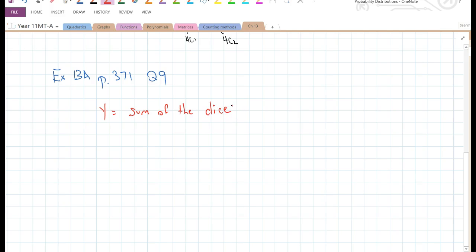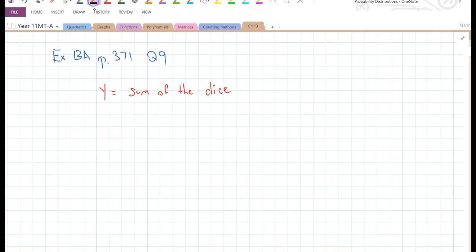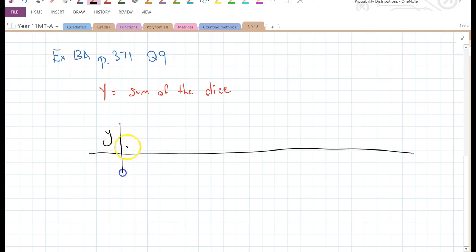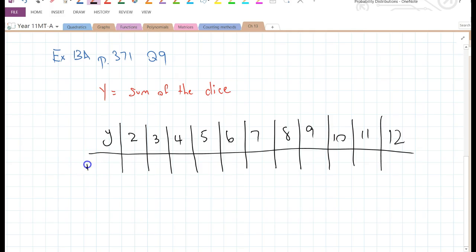Can we have 0? No, we can't. Can we have 1? No, we're rolling 2 six-sided dice. We can't get 1. 2 is our lowest. So into the table we're going to have a lowercase y representing the different values of our random variable, which start at 2, and we can have sums now going up to 12: 2, 3, 4, 5, 6, 7, 8, 9, 10, 11, 12. Right, now we're going to find the probabilities